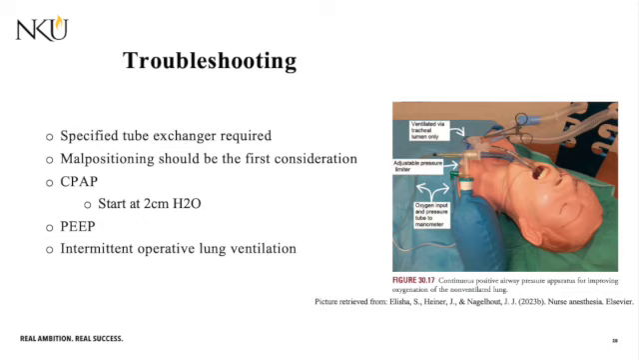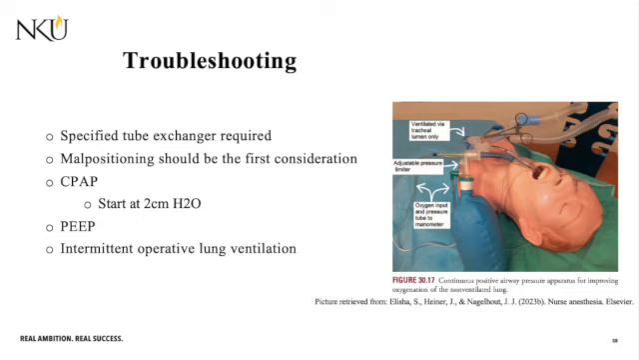If the patient is not tolerating one lung ventilation, there are many things to be taken into consideration. Your first consideration should always be malpositioning of the tube, which we discussed being the most common complication of tube placement. This can be verified by visualization with your fiber optic bronchoscope. Remember, it's easy for minimal movement to occur unintentionally. Other measures to take for worsening hypoxia include CPAP, PEEP, and intermittent operative lung ventilation. With all of these measures, stay in communication with the surgeon, although they are likely already aware of your difficulty